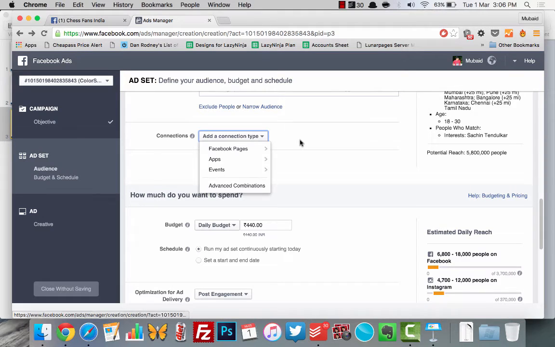Now this option, connection. Suppose you have a Facebook page which you have been building for a very long time, suppose you have a Facebook page related to fans of Sachin Tendulkar, and you are posting different types of images, different types of videos related to Sachin Tendulkar, and you have built up a very huge fan following. Suppose you have 10,000, 20,000 fans on your Facebook page. So they are already interested in Sachin Tendulkar, they are already interested in your page, they know about you. So if you want to target only those people, you can do it from here, go to connections,